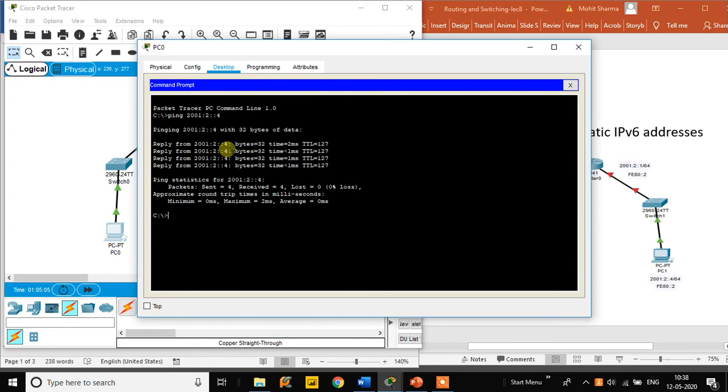So from the source PC0 to the destination PC1, our connection is established and we are able to receive the packets. Sent is 4, received is 4. All 4 packets we have received. So this is how we can configure our IPv6 addresses manually. So it is static IPv6 addresses. Thank you.